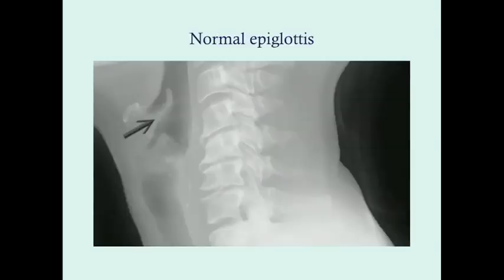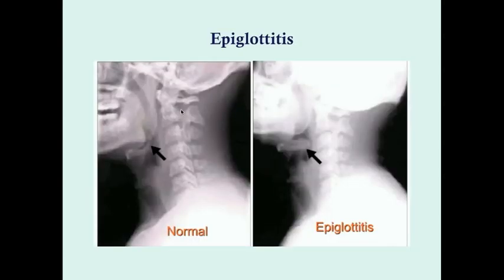So here's an X-ray showing you a normal epiglottis. Note that again, here's your hyoid bone, right? And this is the epiglottis. The epiglottis is very, very thin. Usually it's half the size of your pinky, maybe like the size of a pencil in shape. So it's very small, very thin and long. You can see the difference here. Now this is a little bit lower resolution, but you can see how this epiglottis is quite thin. This epiglottis is quite clearly enlarged, and this is epiglottitis. We'll look at a few more pictures.